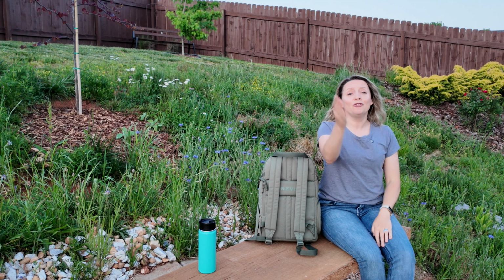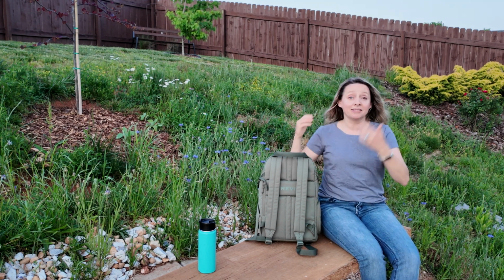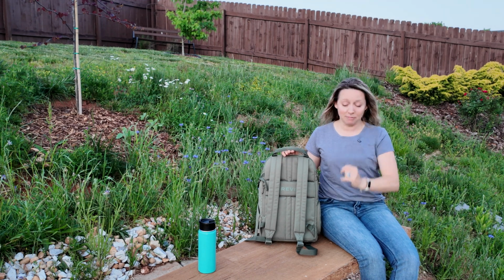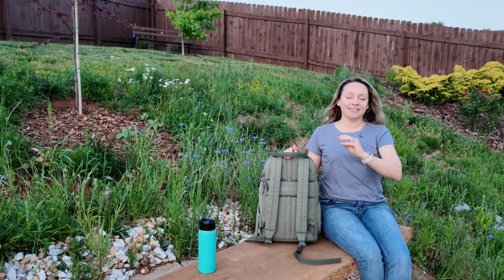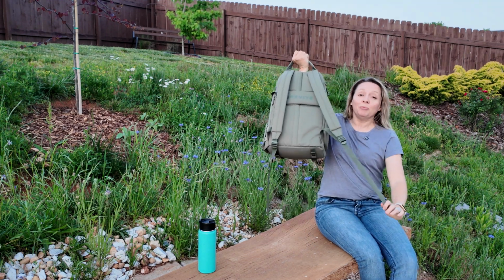But like I said, if you're average height, you probably won't have that same issue that I did. But since I did have that issue, I wanted to mention it. The other thing, and this is purely cosmetic, it is not a deal breaker for me at all with this camera bag. And that actually has to do with the straps right here. Because I'm short,